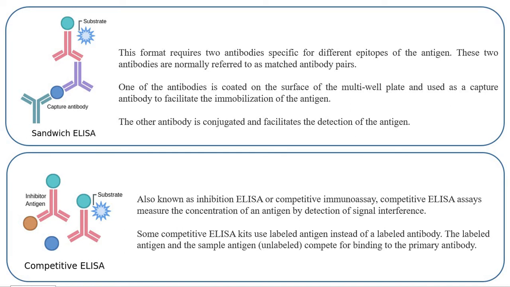Another type is multiplex ELISA. Multiplex ELISA enables a researcher to assess the level of more than one protein target at a time, and it is typically used to determine the expression of multiple cytokines simultaneously. Unlike the traditional ELISA format, multiplex ELISA methods utilize one or more of the following techniques: flow cytometry, fluorescence,